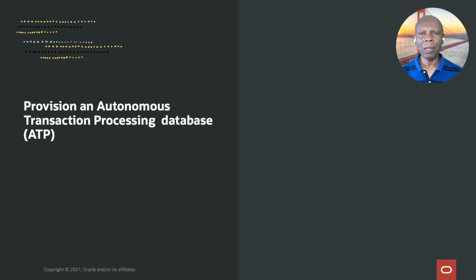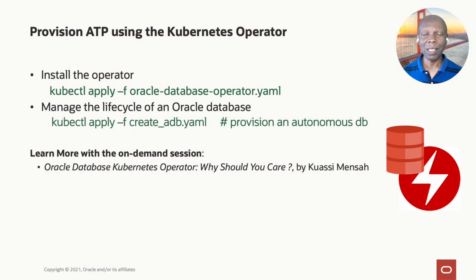How to provision an autonomous transaction database? Well, you have multiple choices. The easiest and laziest and smartest is to use the Oracle Database Operator for Kubernetes. We have just announced it. If you have a Kubernetes cluster in the Oracle Cloud Infrastructure, we are in the process of certifying with third-party clouds, but for now we support it in the Oracle Cloud Infrastructure, the OKE, I think, as well as Kubernetes on Linux on premises.